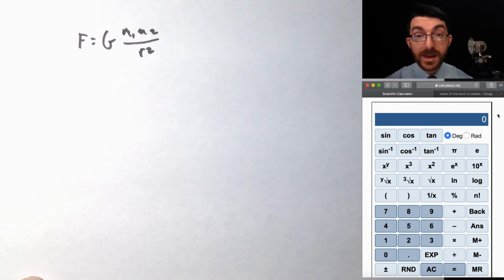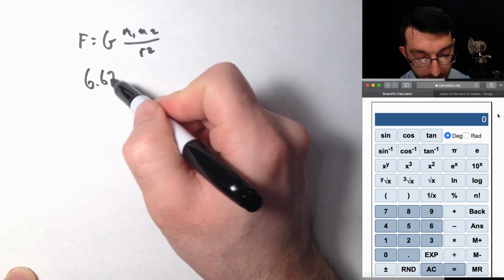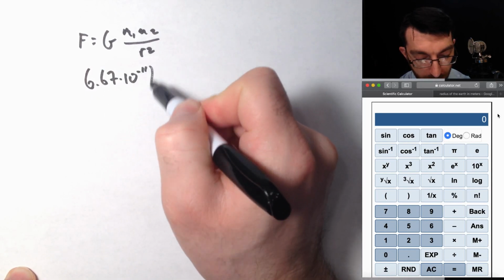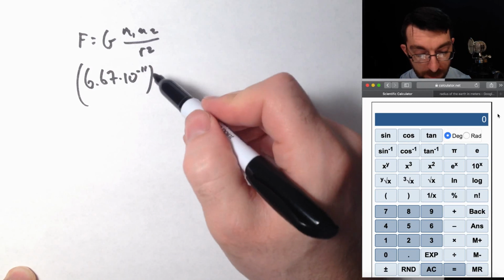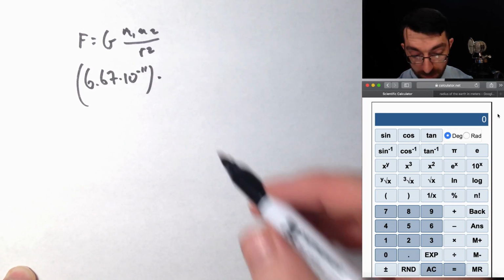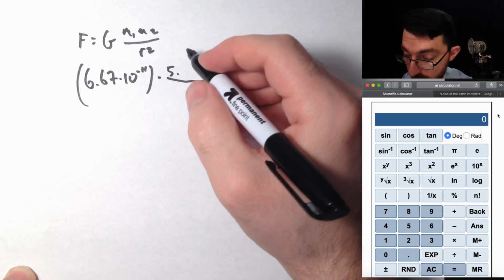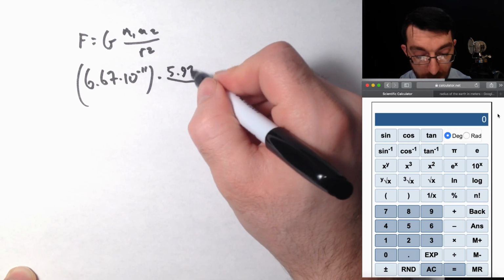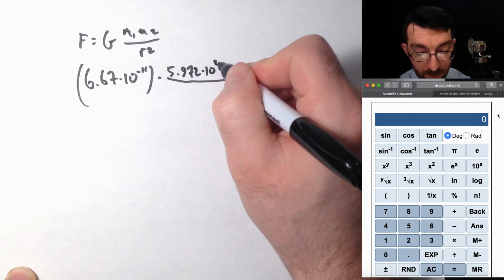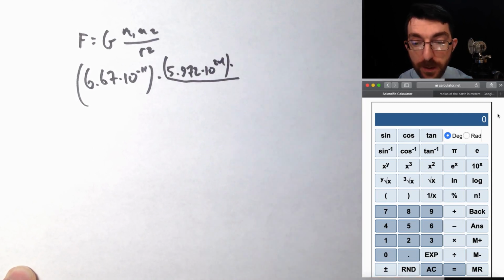So for me on the surface of the Earth, that is going to be G times mass 1, which would be the mass of the Earth, 5.972 times 10 to the 24th. That's the mass of the Earth times